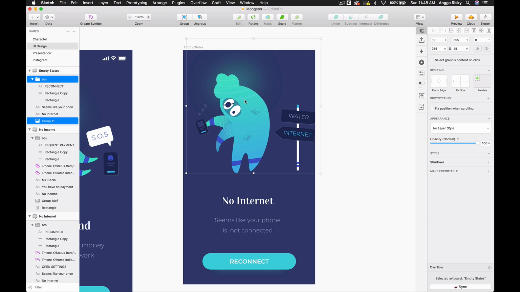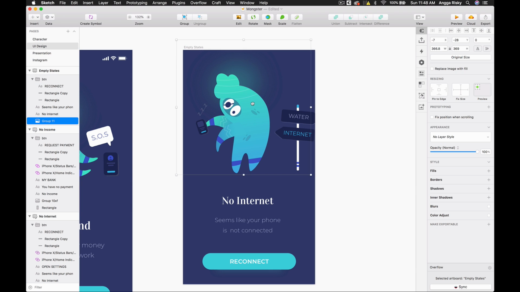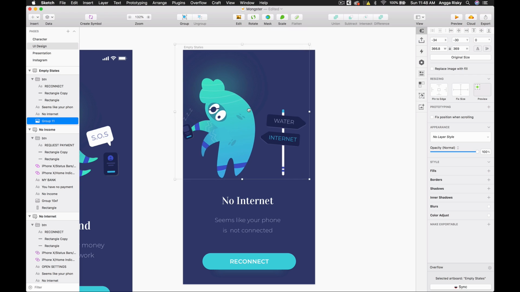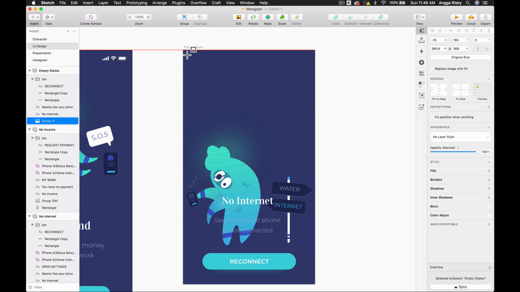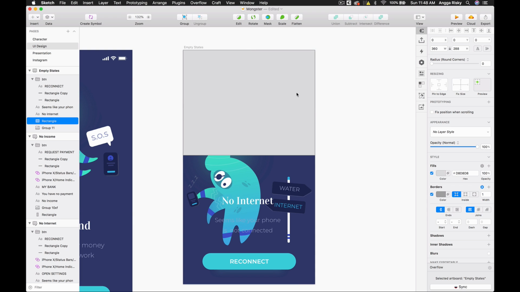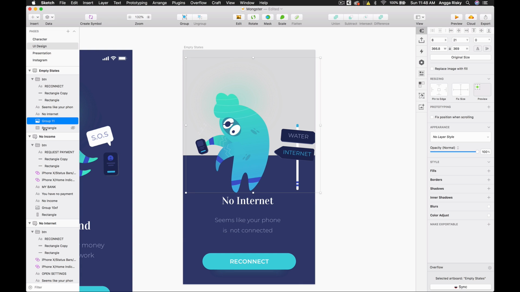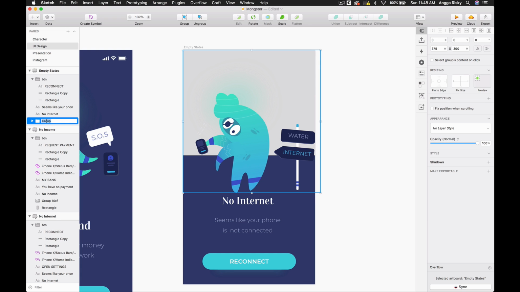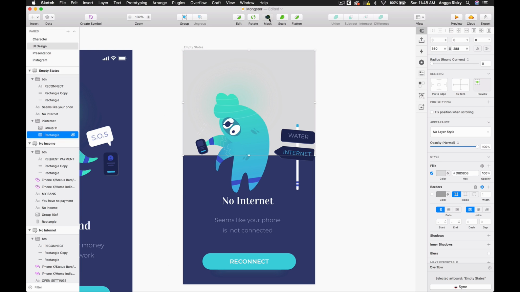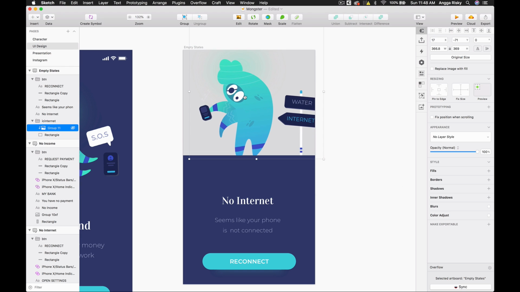Okay, just like this. And since we have the full illustration here, I have to make a box for the wrapper. So I want to put this illustration inside of this box. This is IC internet. Okay, and in the box I have to mask it, just masking. And I could easily put it anywhere, like this.